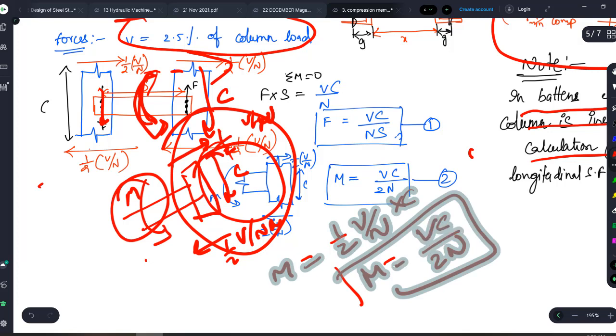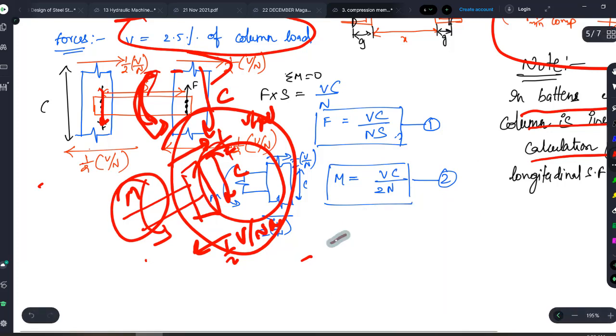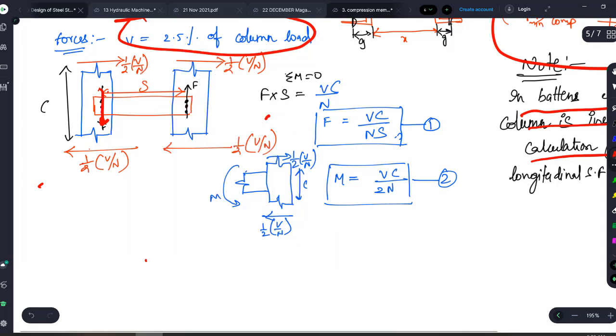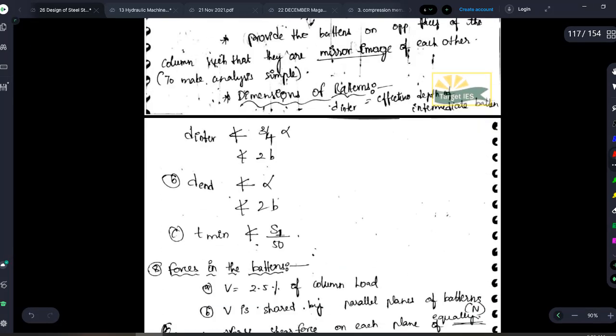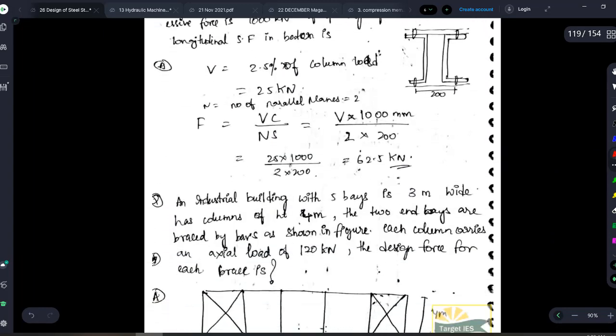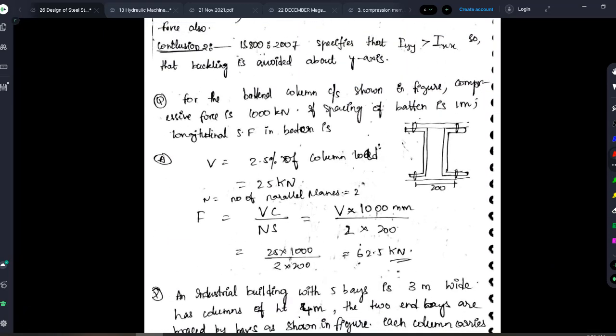I hope it is very clear, right? So force has come, moment has also come. So like this you can remember the formulas, and if something is asked in the exam, you can easily derive it. Okay, so open your notes. In notes there are 1-2 problems associated with these topics. Please solve them and you will be more than perfect. There are one or two questions, please solve them, and your concept will be 100% clear.